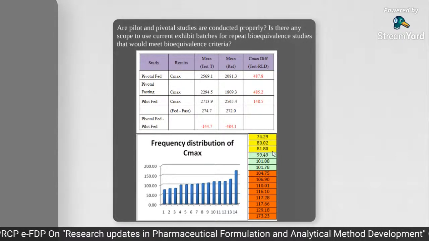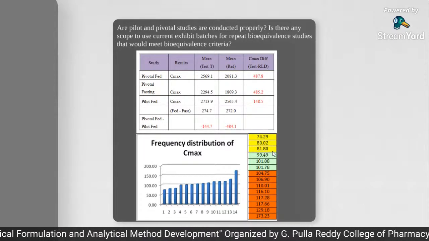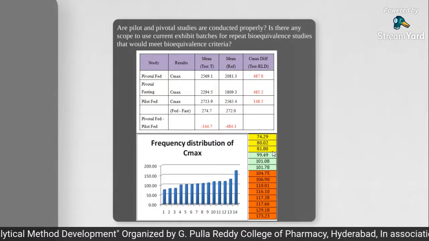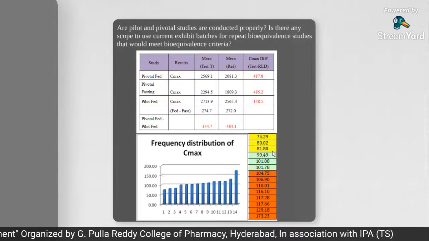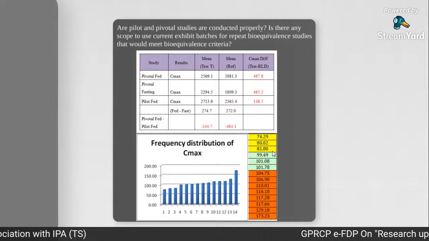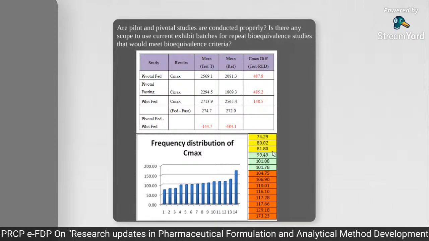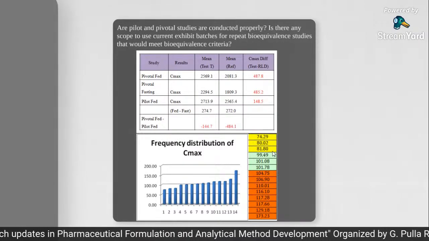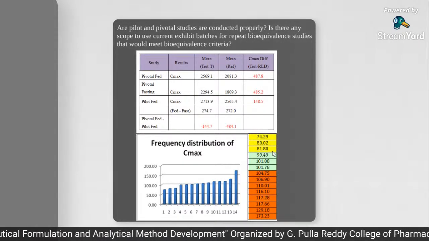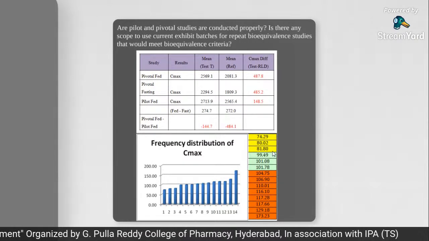That was our conclusion. I'm repeating once again: out of 14 volunteers, if all the volunteers had behaved similarly, you would have got a 133 T by R ratio in the pilot also. In the pilot study, there are 3 subjects who are like outliers. They have shown a completely different response than the others. These 3 subjects led to misleading results completely. Because of these 3 subjects, we did not do this statistical analysis before proceeding to the pivotal.